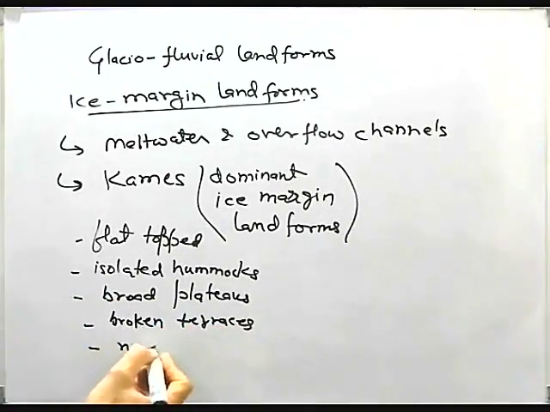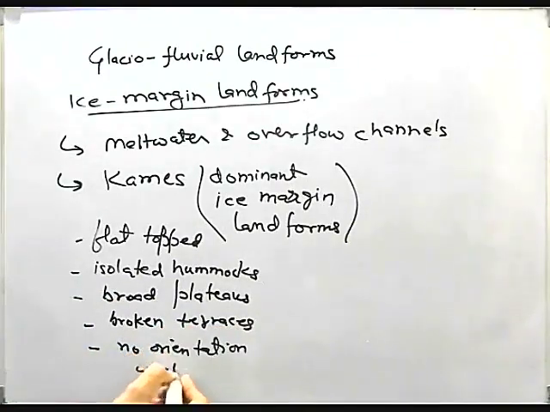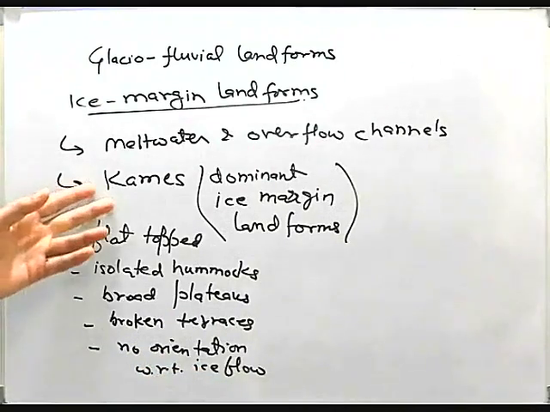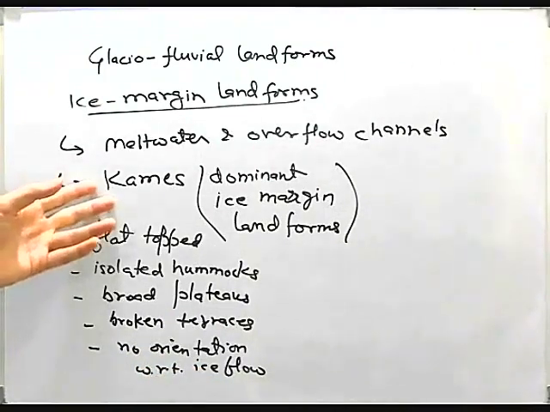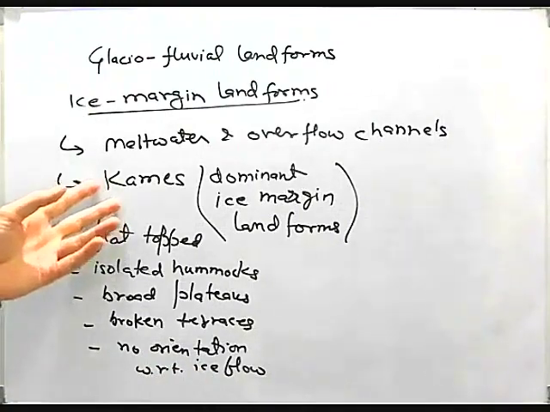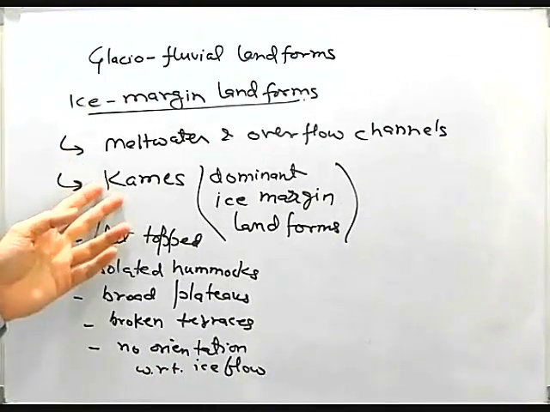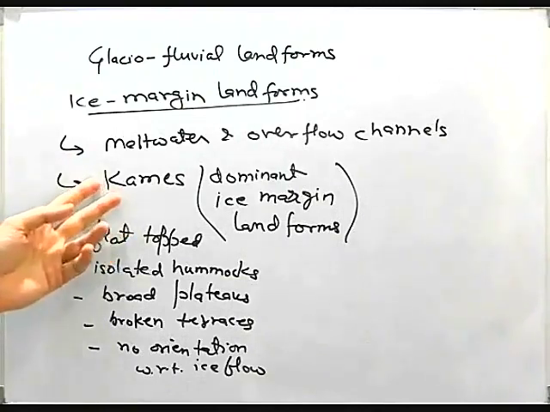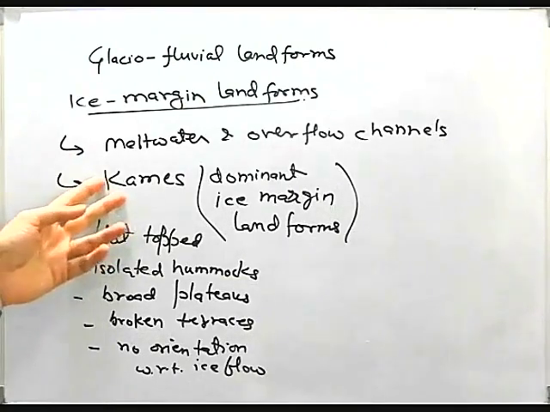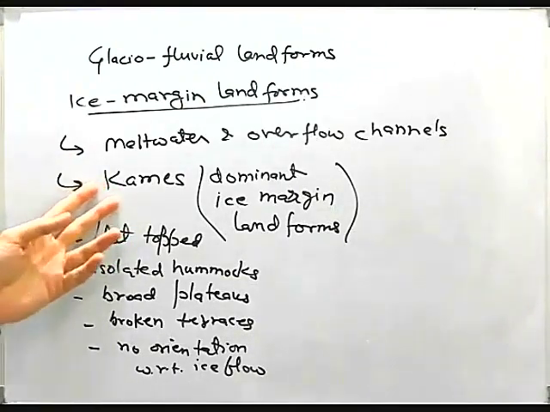They don't have any orientation with respect to ice flow. So these kames consist of glaciofluvial sediment: gravels, sands, silt. They are different from drumlins because, first of all, drumlins indicate the direction of movement of ice while kames